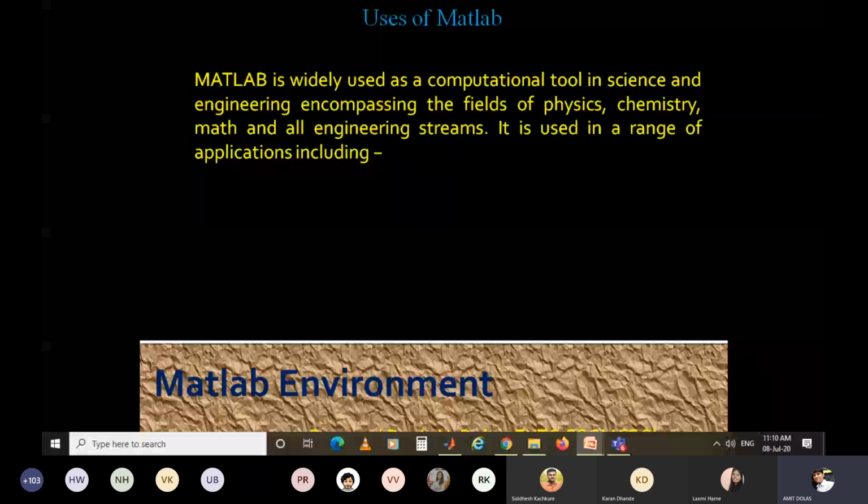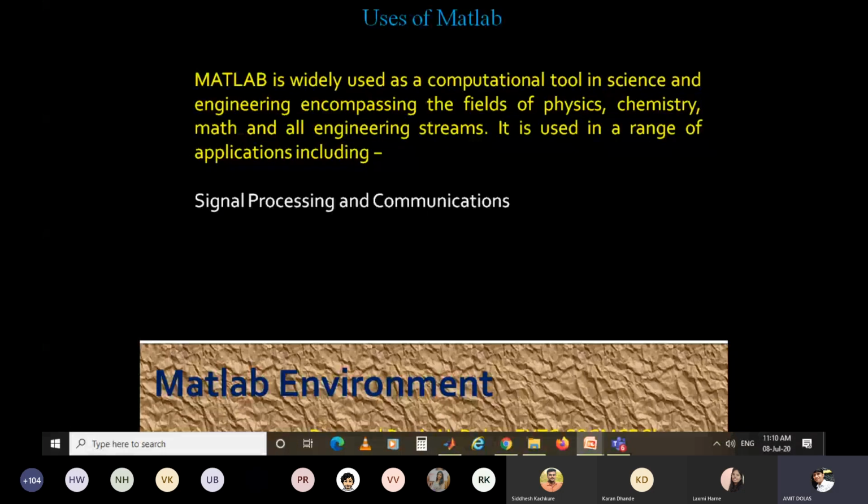It is used in a range of applications, including signal processing and communication, image and video processing, control, measurement, and computational finance.